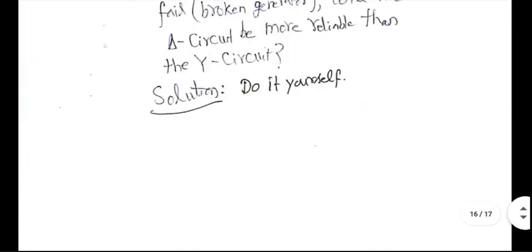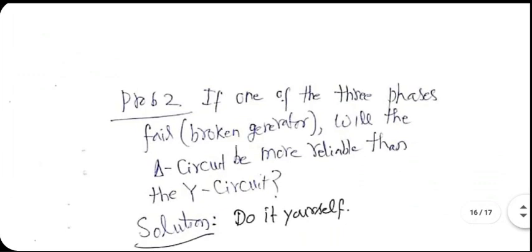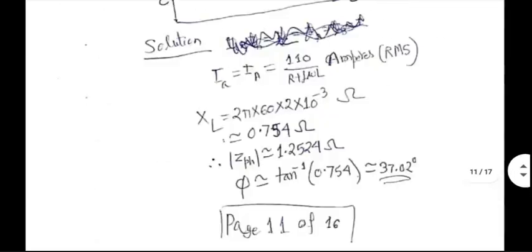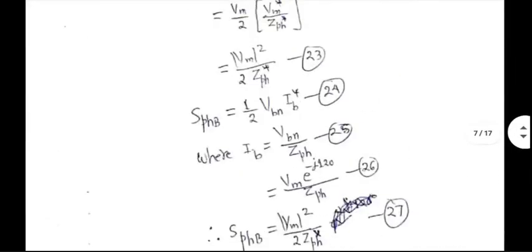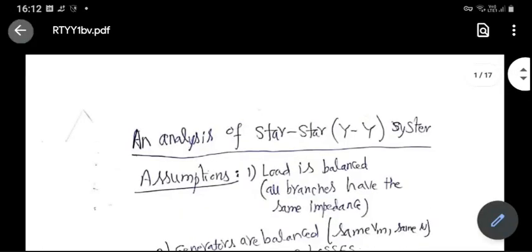So this is what we did last time. And this is where we stopped, I think. I showed you one example where if a generator is broken, can we continue to supply power? And we found that in some cases, yes. In star connection, it's not that easy, but for delta connection, it's definitely okay.